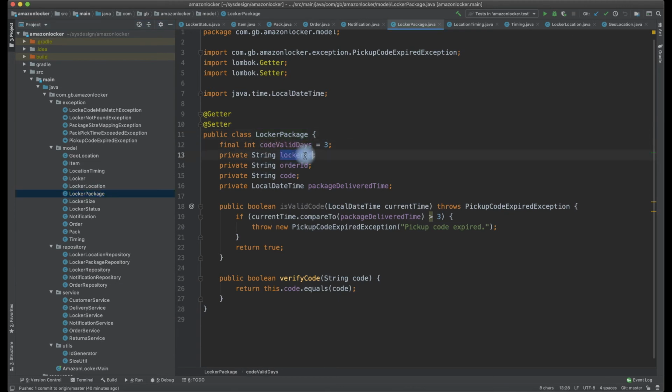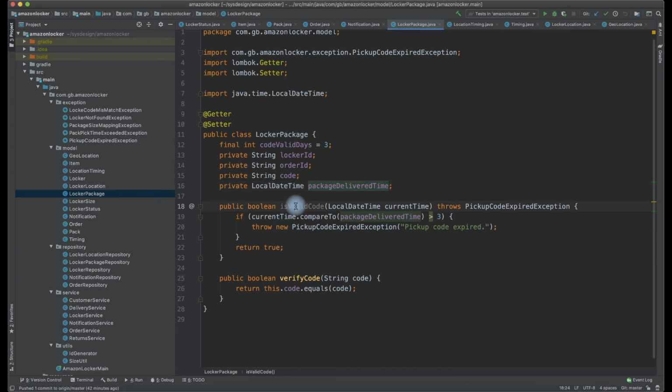A package which is kept in a locker contains a locker ID, an order ID, a code, and the package delivered time. So we need to capture when it is delivered to the particular locker. The time when the package got delivered to the locker is modeled in the locker package.